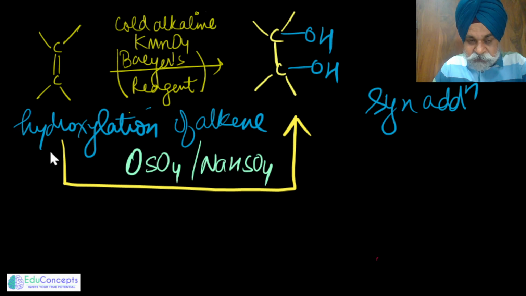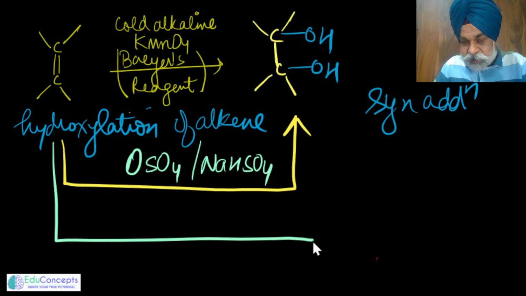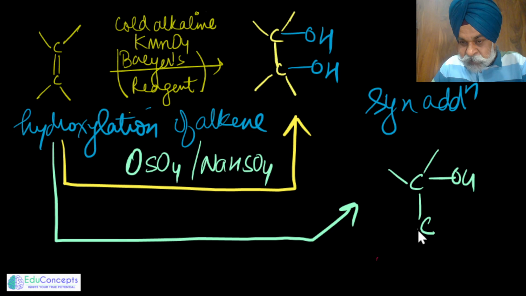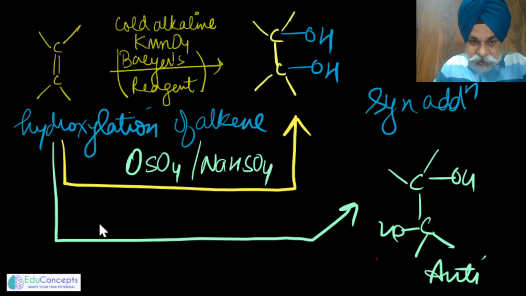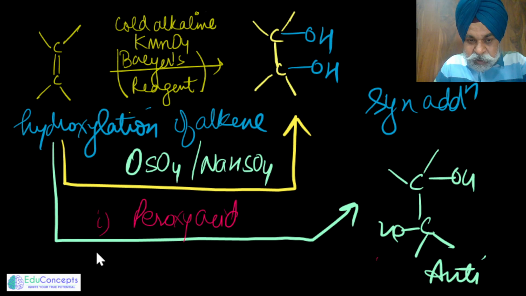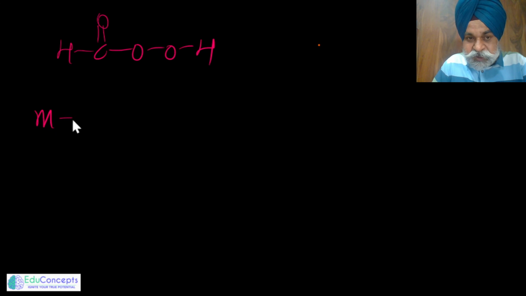Another reagent you can use would take the reaction towards anti-addition, where the 2 OH groups get attached in opposite directions. Here the reagent would be a peroxy acid followed by hydrolysis. There are many peroxy acids, but the most important are peroxyformic acid or MCPBA,